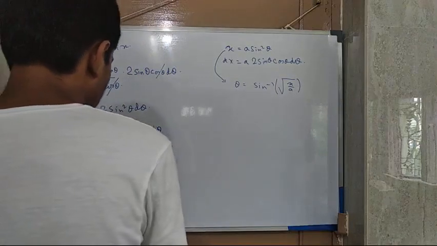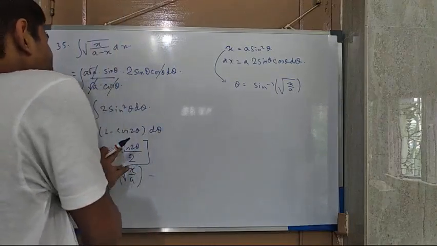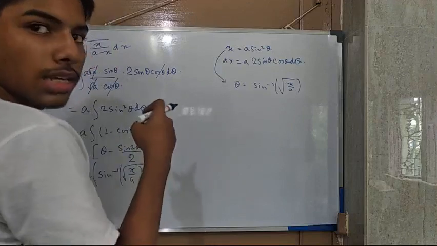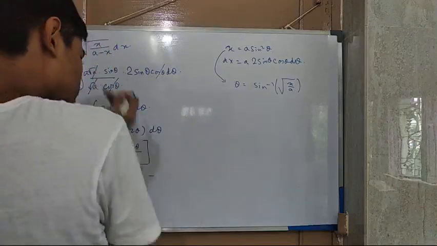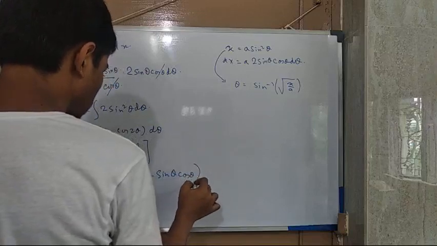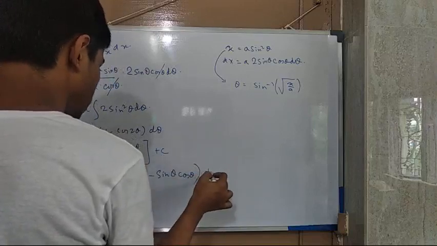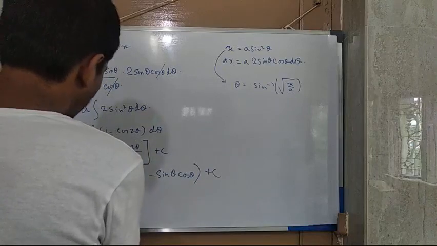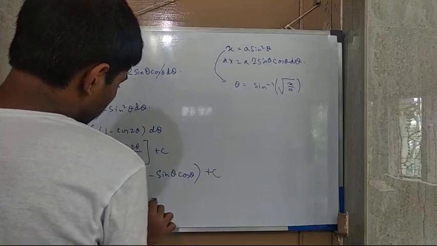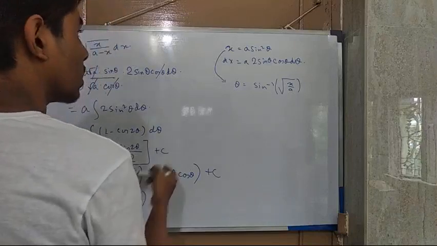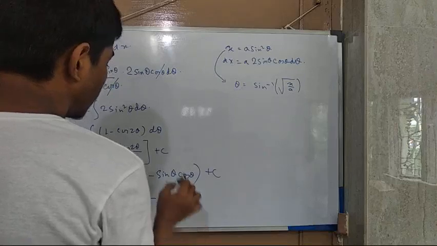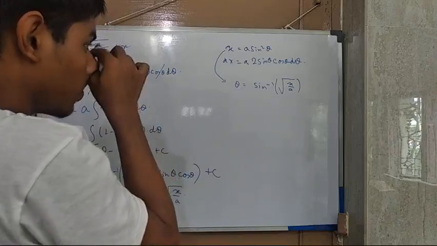We can just divide the 2 by the 2 which comes from the sine 2 theta, which is 2 sine theta cos theta, and this becomes minus sine theta cos theta. So this is a times sine inverse root under x by a minus, what was our sine theta? The sine theta was root under x by a, and cos theta will then be